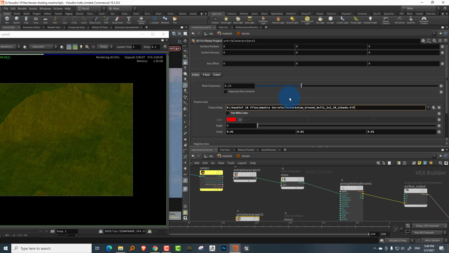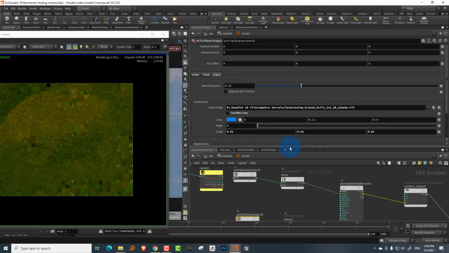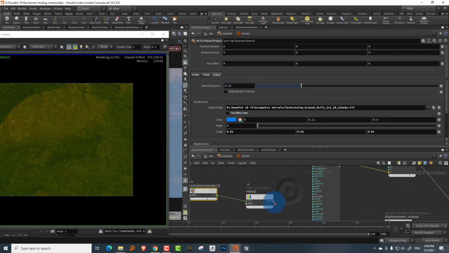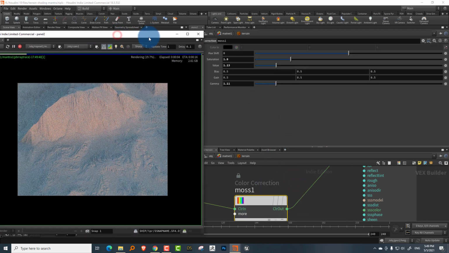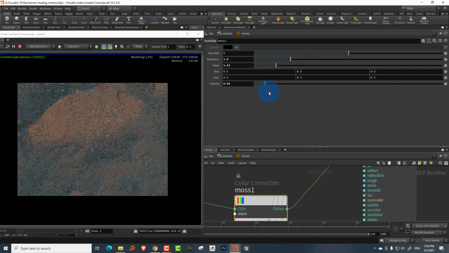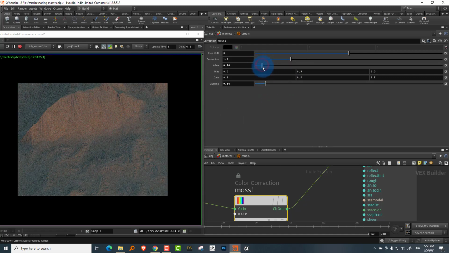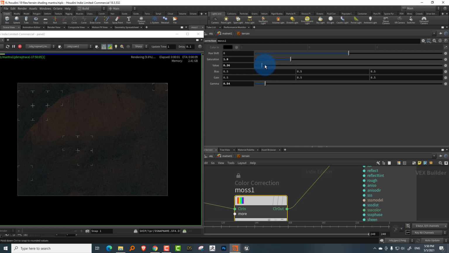So Control V, and Control V. And let's just check this. Primarily what I'm trying to recreate is the kind of surface you get in Iceland. So it's a lot of black soil and green slopes. So I'm going to lower the gamma and lower the value, so it's a lot darker.